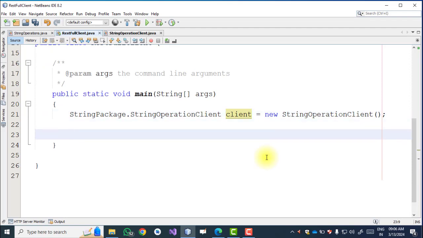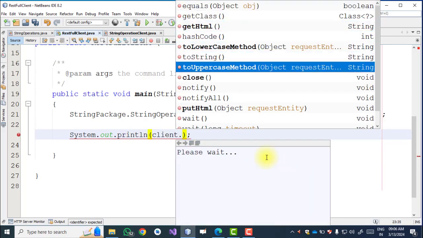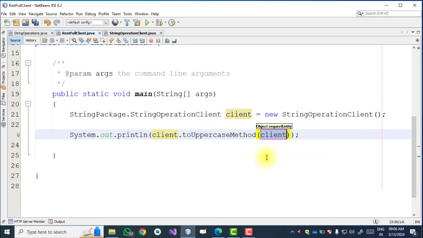Now we call the methods, right? There are two methods. तो sout, just type sout and tab. तो the first method is uppercase method. So यहाँ पे हम लोग client dot, right, we have a toUpperCase method as we can see here. और double quotes में just give a small case string, that is my Shahid.